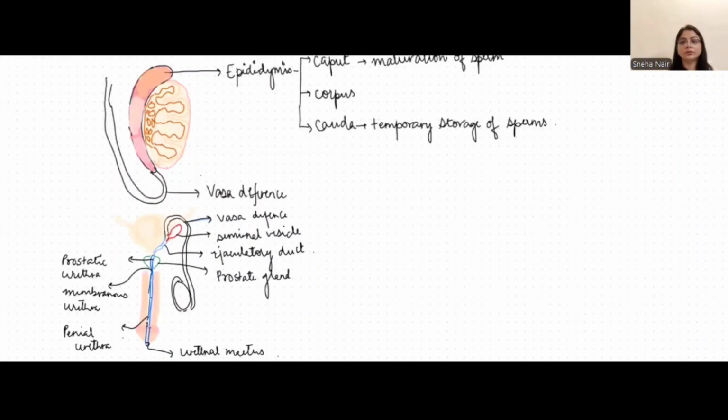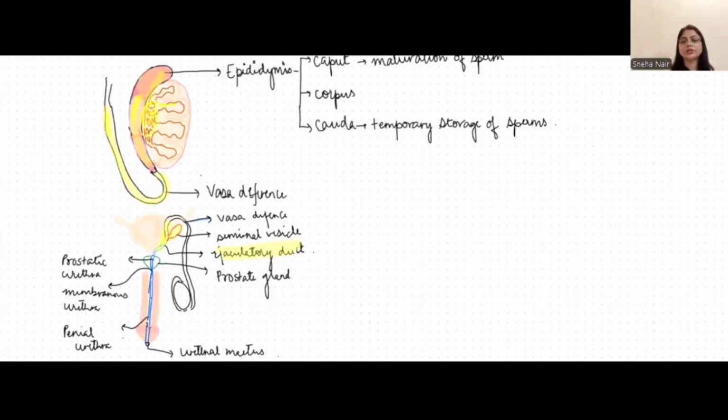Okay, so the sperm will move from seminiferous tubule here to the rete testis over here, then tubuli recti over here, and then it will move to the epididymis, and in the upper part of the epididymis, the sperm will undergo maturation. In lower part, the cauda part, it will be temporarily stored. Then the sperm will move from vasa deferens. It will fuse with the seminal vesicle and form ejaculatory duct, and it will lead